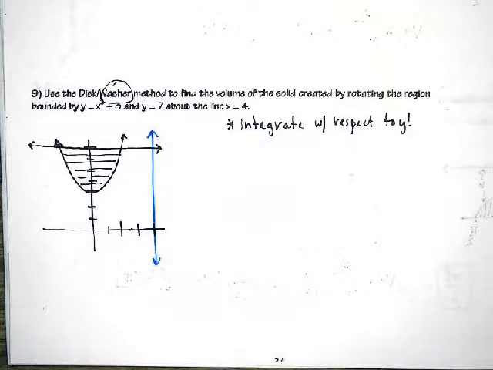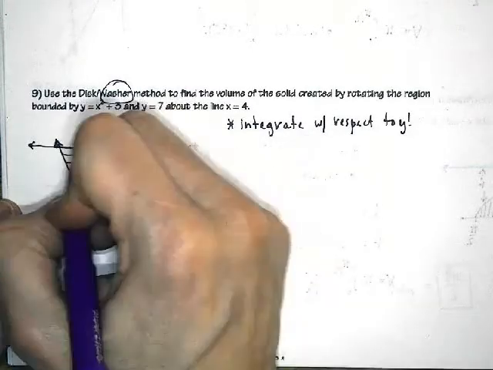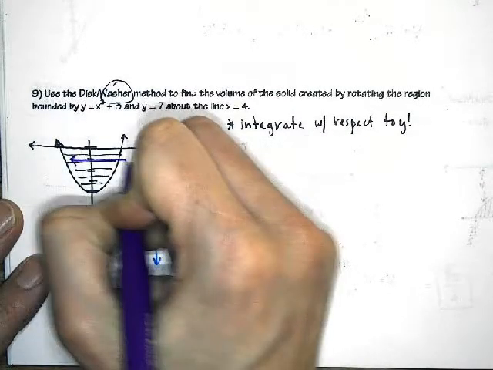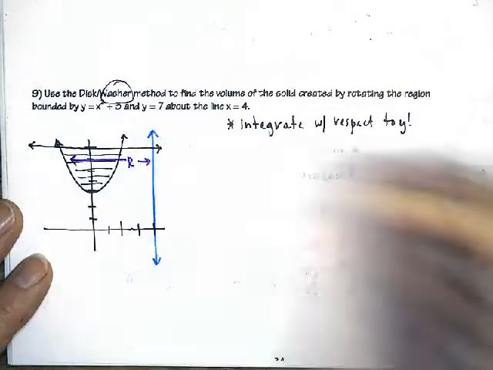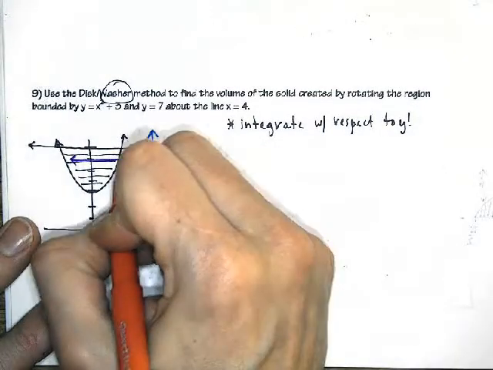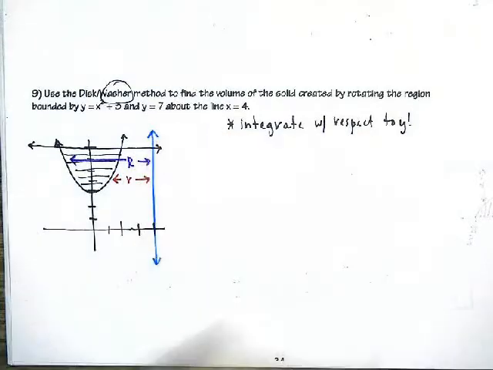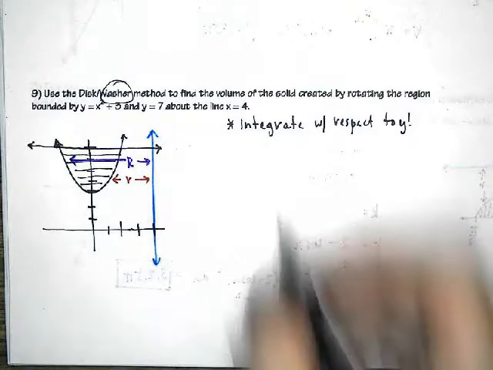All right, so we know we're going to have a big R and then a little r. Okay, and our radii are going to be